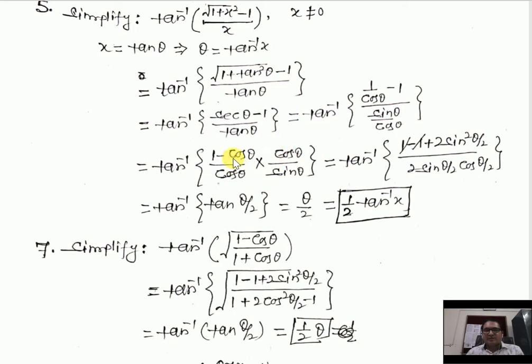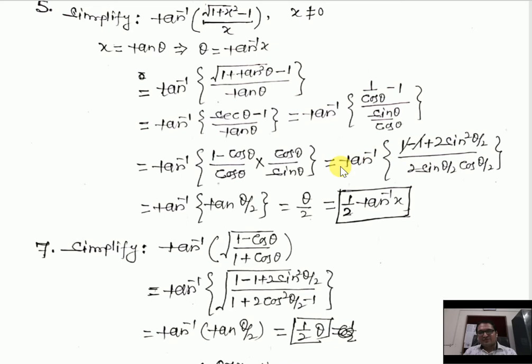Anyhow, you have to convert this part in terms of tan. Now put the value of cos theta in such a way that one should get cancelled. So cos theta will be equal to 1 minus 2 sin square theta by 2. Already minus is there, so it will be multiplied with both the terms. The value of cos 2 theta is 1 minus 2 sin square theta. So cos theta is equal to what? 1 minus 2 sin square theta by 2, minus multiplied by minus is plus, here 1 will get cancelled.